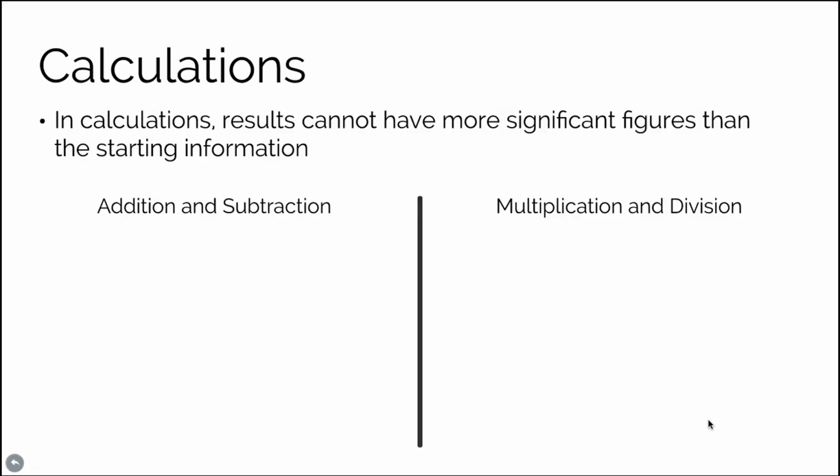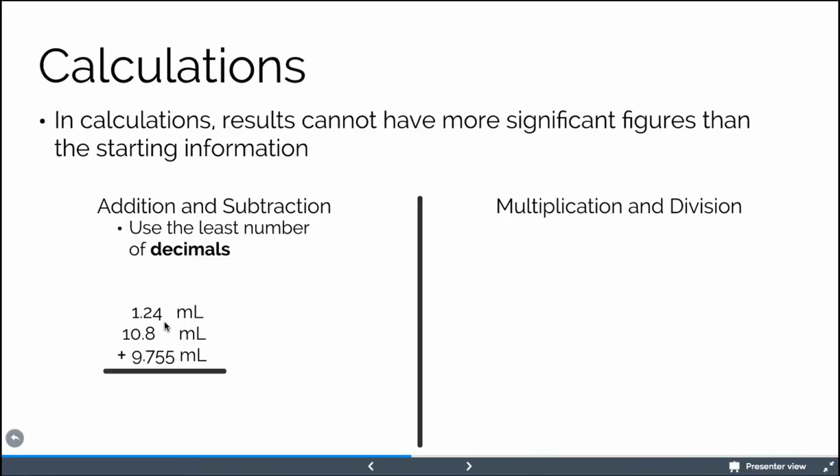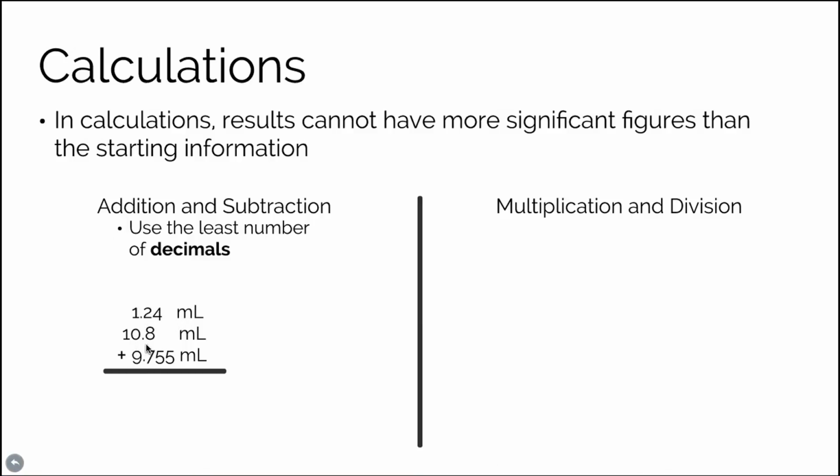So let's start looking at addition and subtraction, starting with a rule. You want to use the least number of decimal places that you have in your measurements. So let's look at an example. Let's say that you have these 3 different samples of water. You know what their individual volumes are, but you want to know what the volume would be together. We can have 1.24 milliliters for the first sample, 10.8 milliliters for the second sample, and the third is 9.755 milliliters. If you take all these numbers and put them into your calculator, you get this result that is